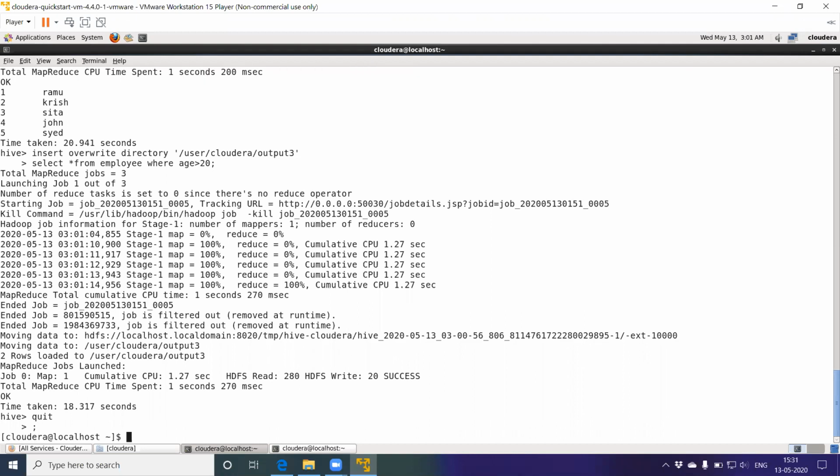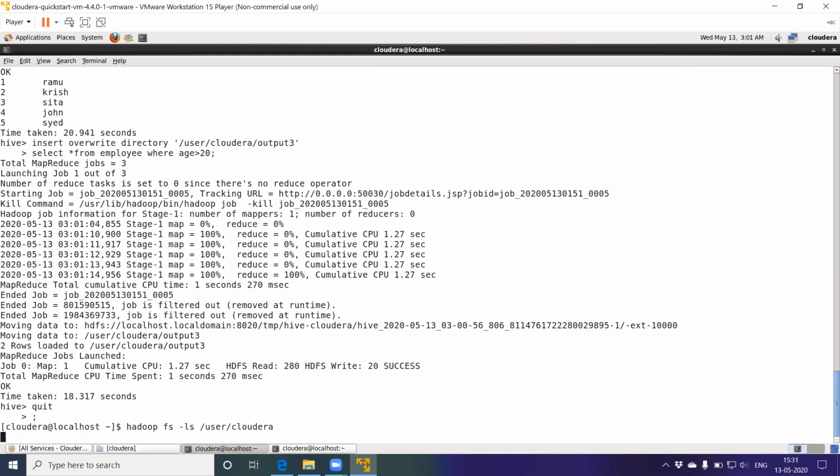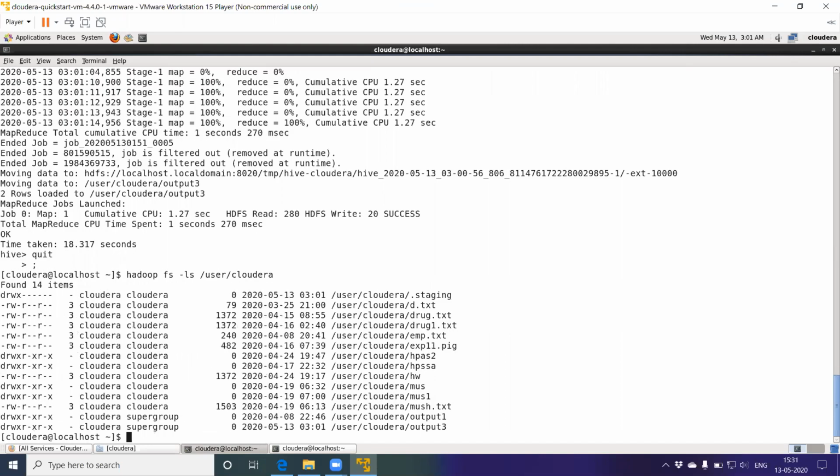So you came out to the shell here. Give the path, you can check the output here: using the command hadoop fs -ls and give the path /user/Cloudera/output3. Yeah, in Cloudera you can note here a new directory called output3 is created.